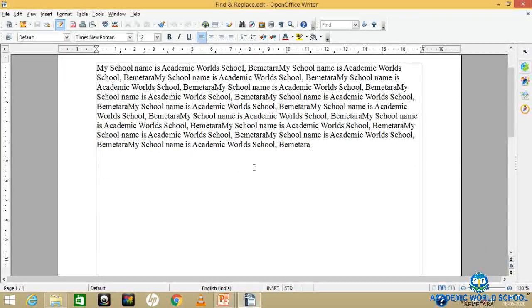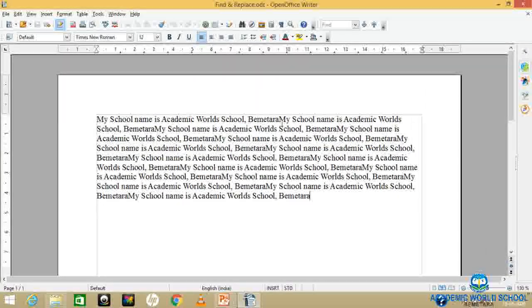Now how would you replace it? How can you change it? There is a problem. If you go one by one, it will take a lot of time. So with the help of this find and replace, you can do it easily. So let's see how to change it. To change it, you have to go to the edit menu. When you click on the edit menu, you will find many options available. In this you will find an option that is find and replace. See, the shortcut key is also given, Control plus F. Click on it.